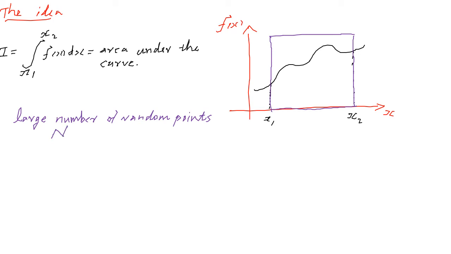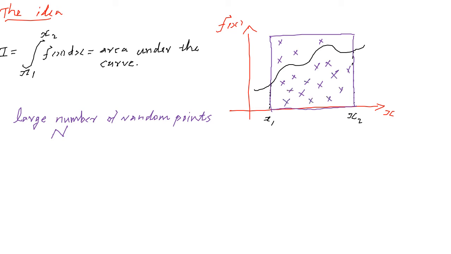We randomly add some points, so we put one point here. We see whether it is inside the area of interest or not. If it is inside the area of interest, we count it. Now we will consider another point. We don't count it because it is outside the area of interest. Now we consider randomly several points and we count how many points are there within the area of interest.